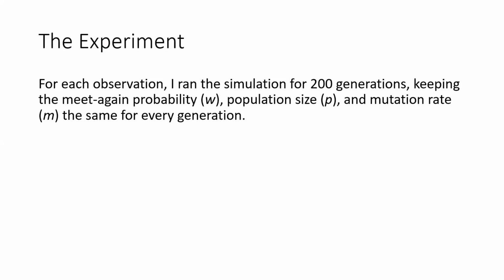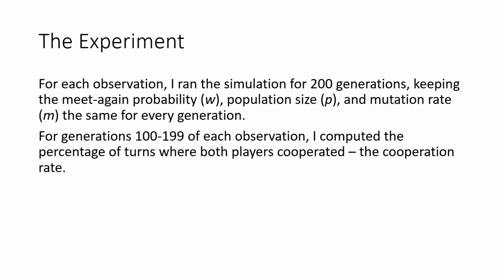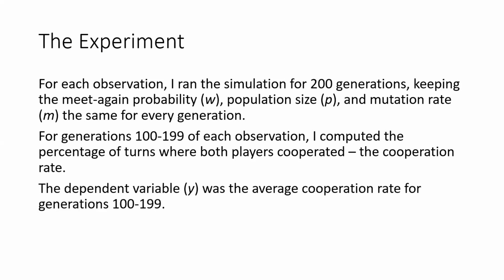And so the experiment is, for each observation, I ran the simulation for 200 generations, keeping the meet again probability, W, that we talked about earlier, the population size and the mutation rate the same for each generation. For the second half of the generations, I computed the percentage of turns where both players cooperated, so CC, and I called that the cooperation rate. I took the average of those, and that was my dependent variable